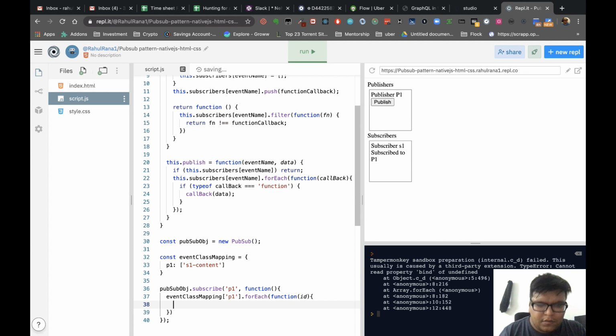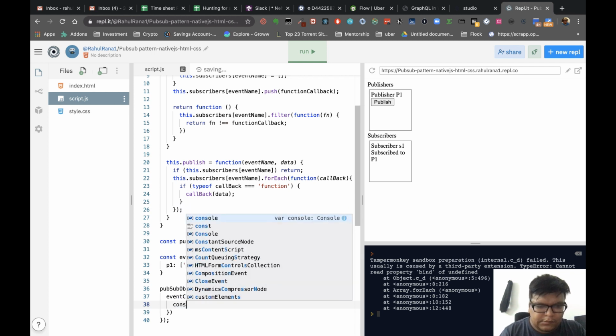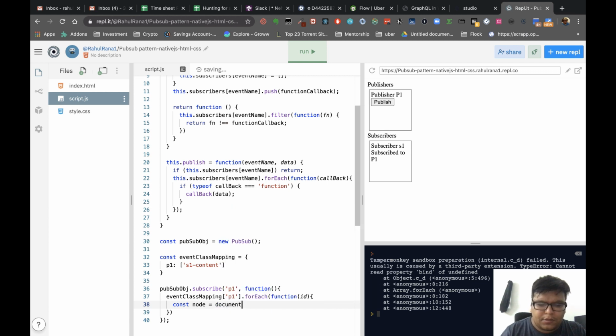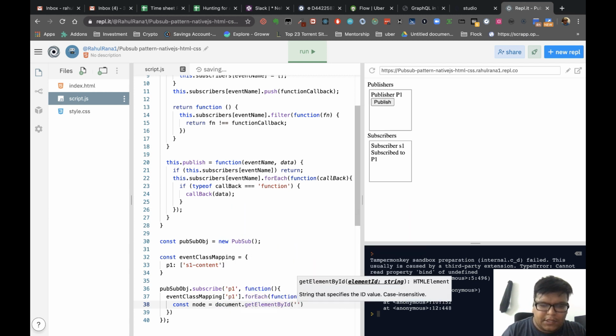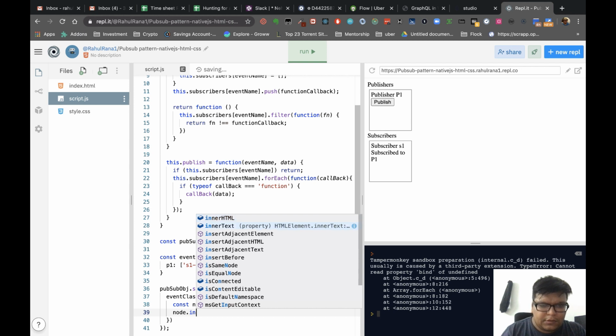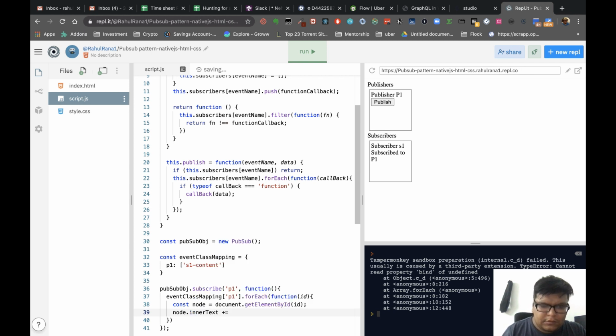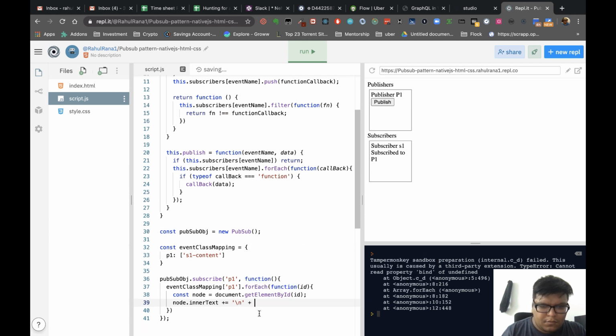So now what we will do is host node is equal to document.getElementById, that is the ID, node root. It will receive some data.